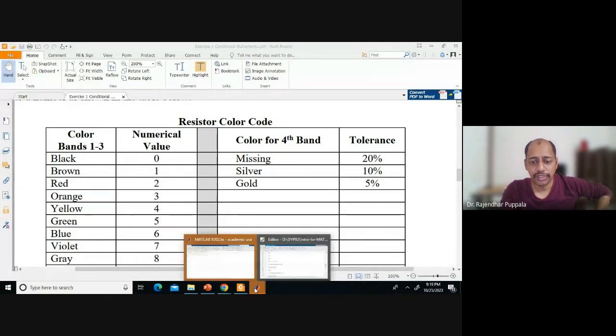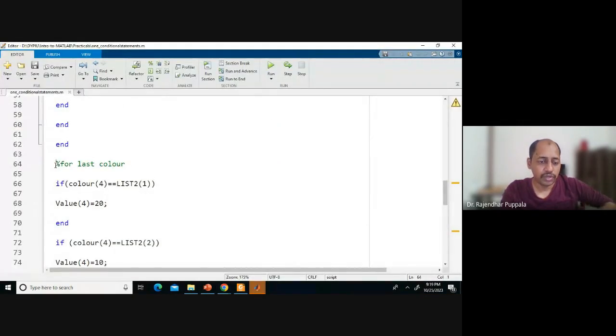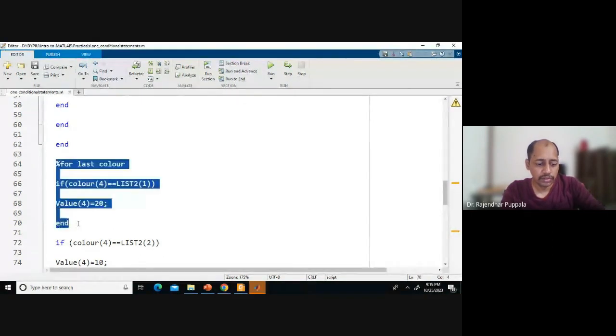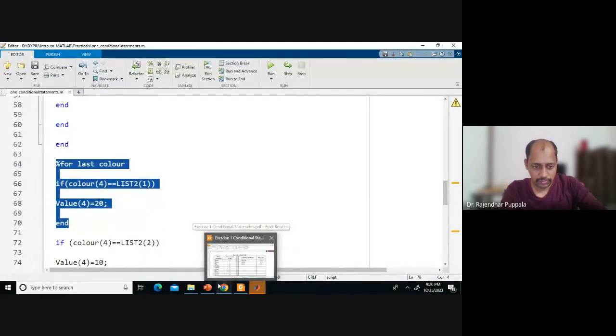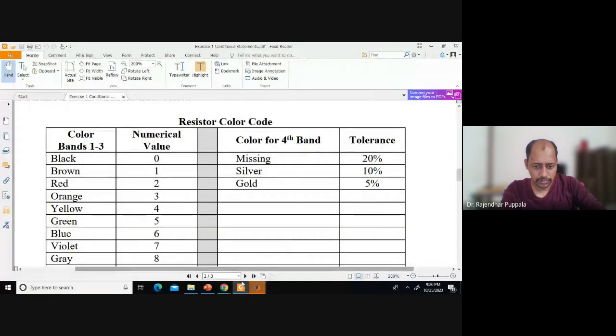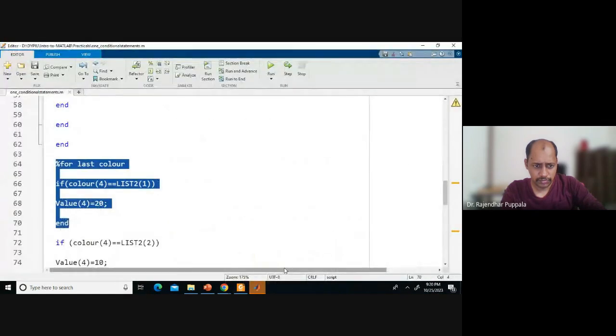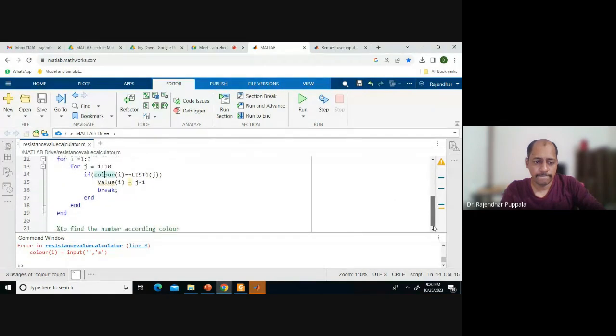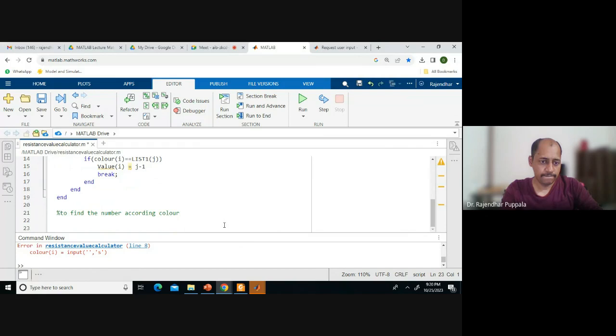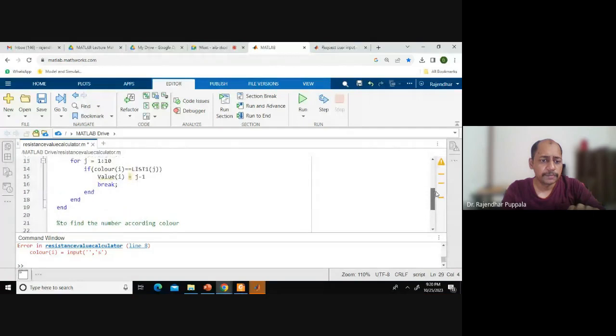Those are the values we are giving now. So for the last color,